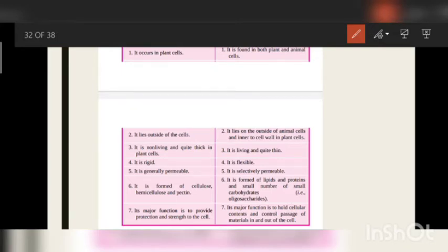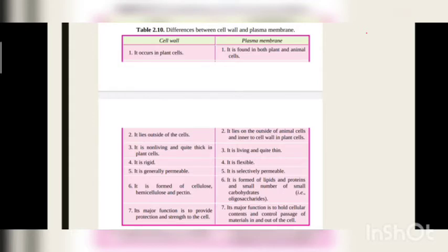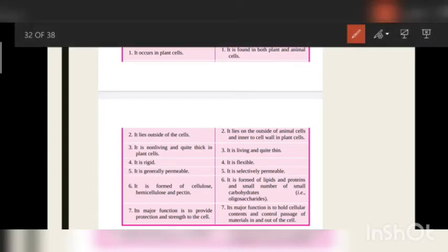Cell wall occurs only in plant cells, but the plasma membrane is present in both plant cells and animal cells. The cell wall always lies outside of the cell, meaning after the plasma membrane, it lies inside the cell wall and outside of the animal cell. The cell wall is non-living, very important, rigid, while the plasma membrane is living and quite flexible. The cell wall is freely permeable, but the plasma membrane is